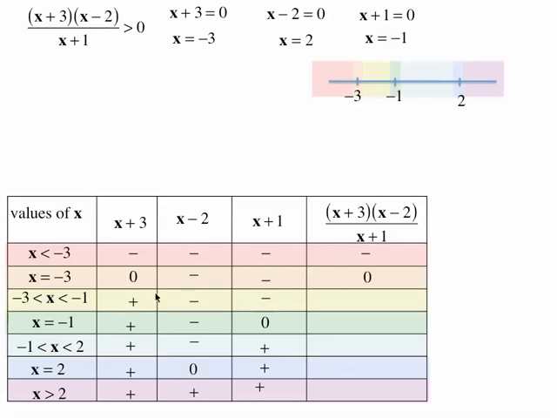So in the third region, we have a positive times a negative, so the numerator is negative, divided by negative is a positive. And then we have a positive times a negative, which is negative, divided by 0. Division by 0 is undefined. Here we have a positive times a negative, which is negative, divided by a positive is negative again. Here we have a positive times 0, divided by a positive is 0, because the numerator becomes 0. Here we have a positive times a positive divided by a positive is positive. So let's transcribe those signs to this region. Whoops. So we have,